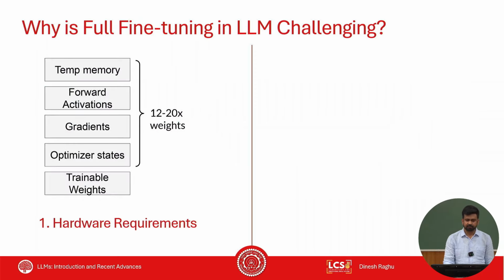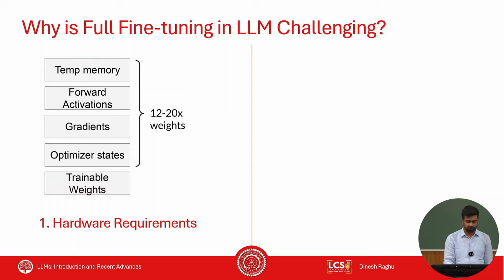So now let's see, if in-context learning has these many problems, then let's start doing full fine-tuning, right? Because this has been what people have been doing for a really long time now. So why can't we do full fine-tuning? Let's say that you want to fine-tune a Llama 8 billion model,